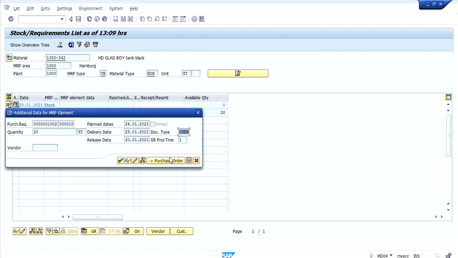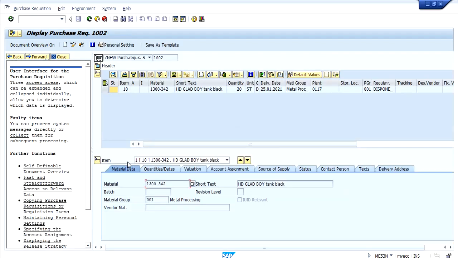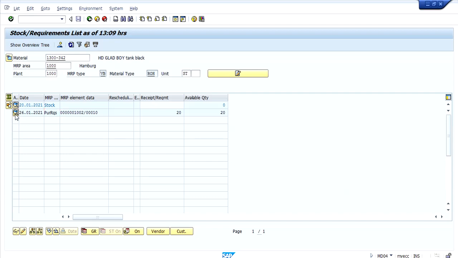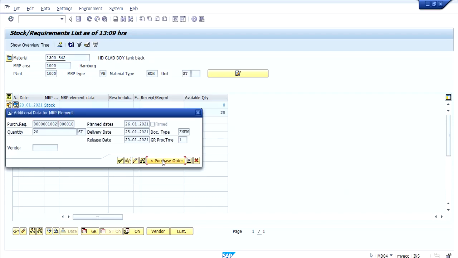And if we go to display, here we can see the document type. So now let us go ahead and create a purchase order.